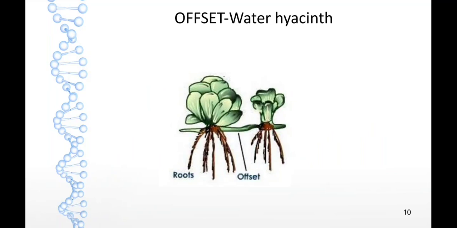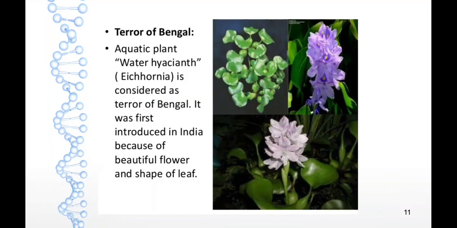Next vegetative propagule is the offset. It is seen in water hyacinth or eichhornia. And this water hyacinth was introduced into India by British colonials in 1896 due to its beautiful flower and shape of leaves. But it was an accident because,